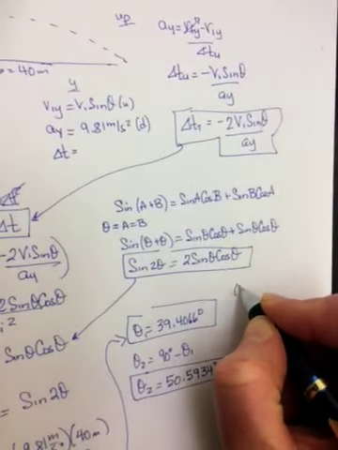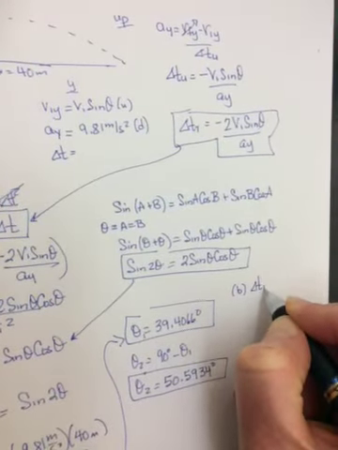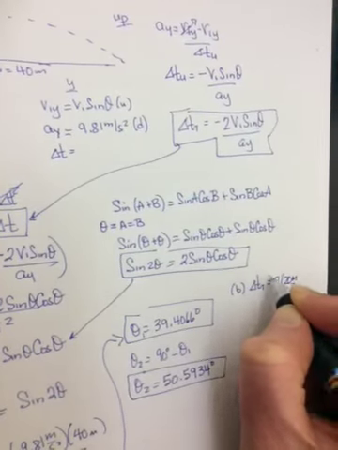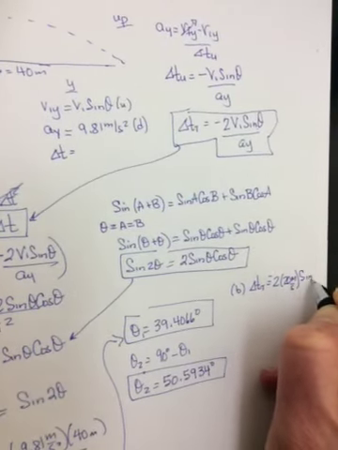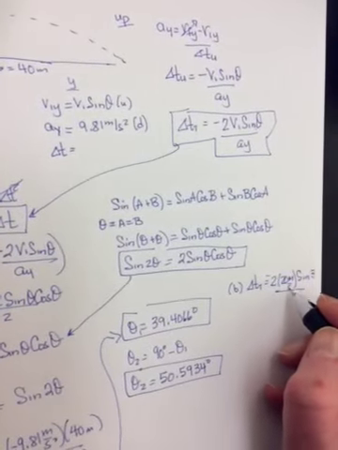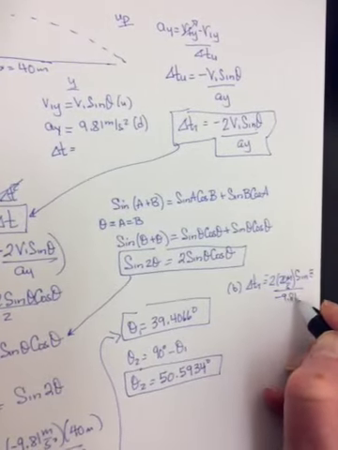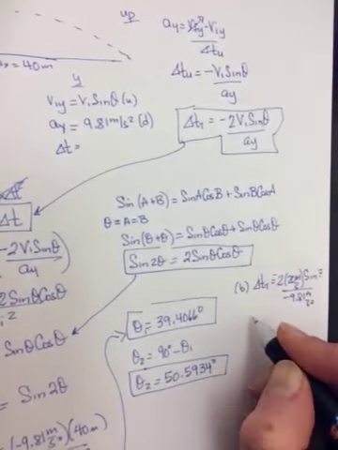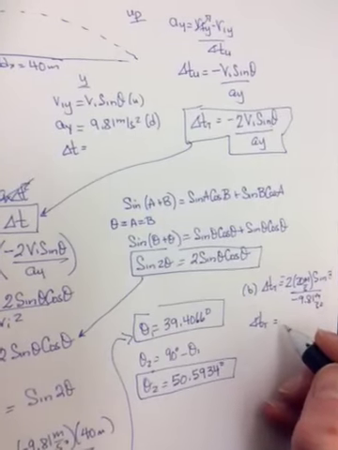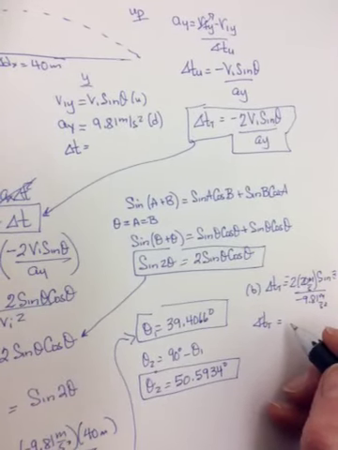So part B, delta t total is equal to 2 times 20 meters per second, there's a negative there, sine of 39, etc., over negative 9.81 meters per second squared. And you will get your delta t total to be, looking for where I did it,